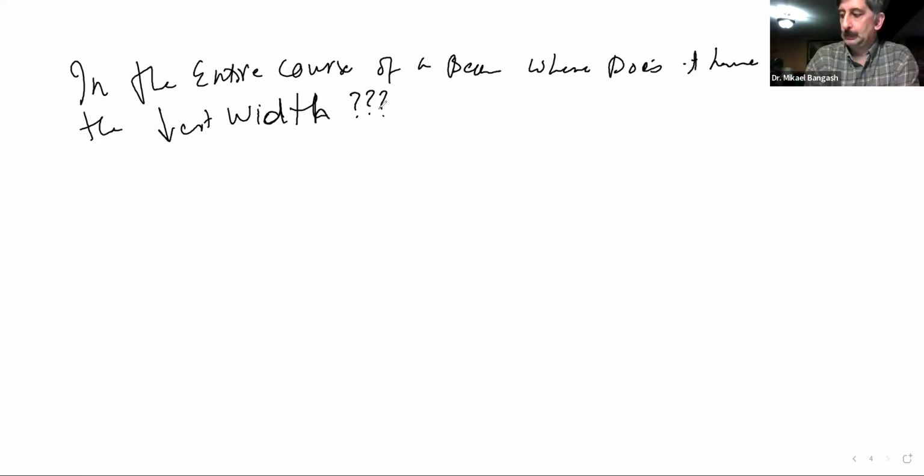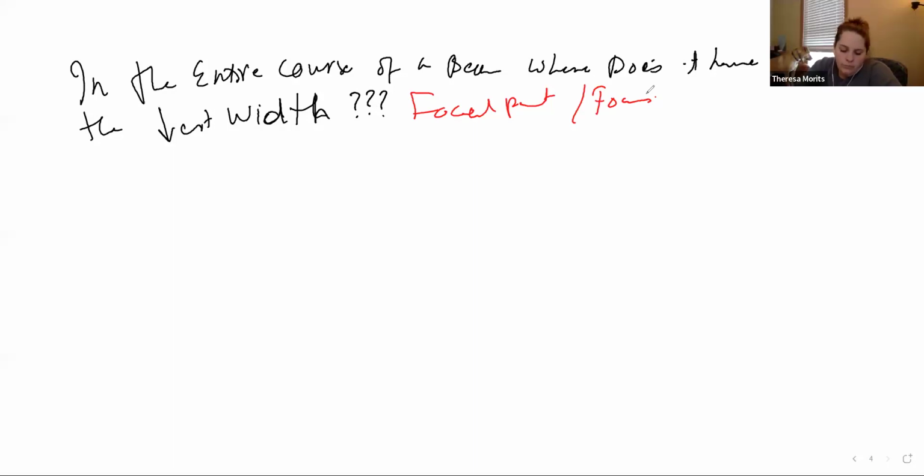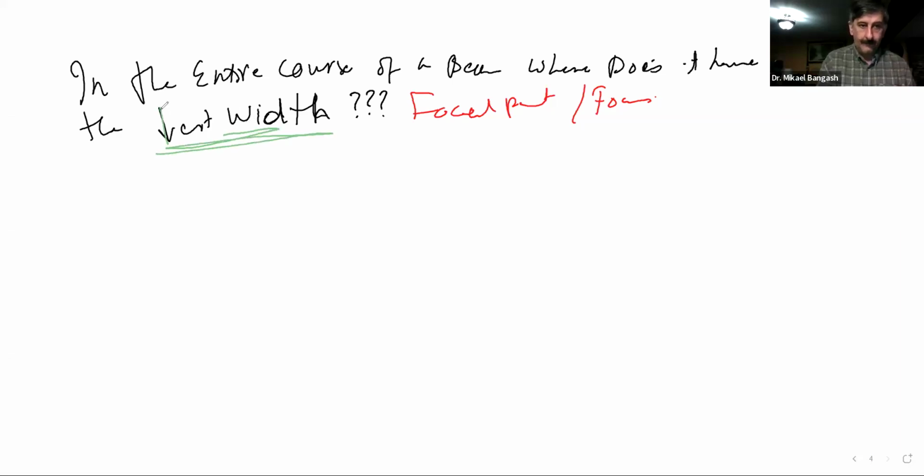Yes, guys. The focal point? Very good, Teresa. Exactly, at the focal point, right? So that's going to be at the focal point, or as you can say, at the focus. Did that make sense? Good. So we can say it's due to this lowest width here, right? Clear? Did that make sense? Due to this lowest width of the beam at the focus or at the focal point,